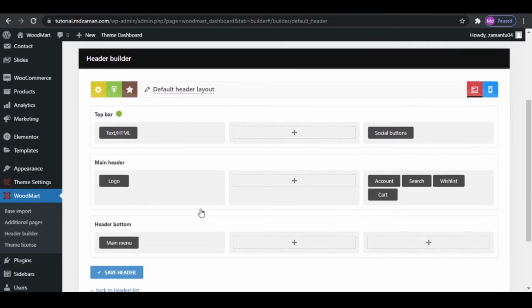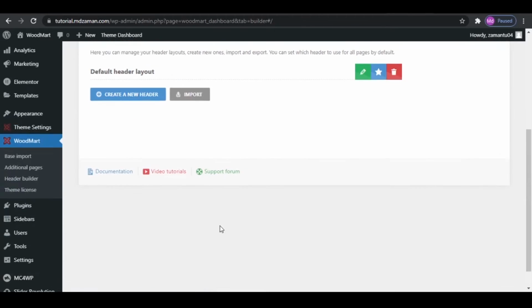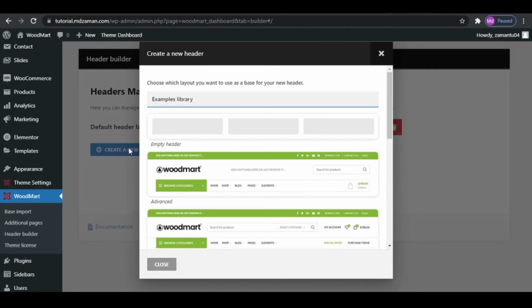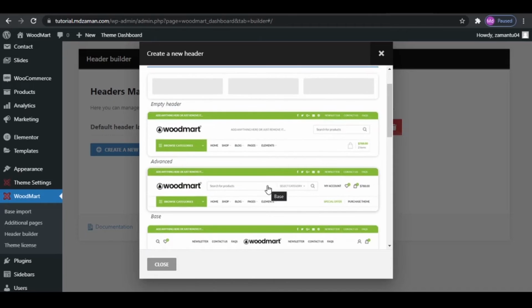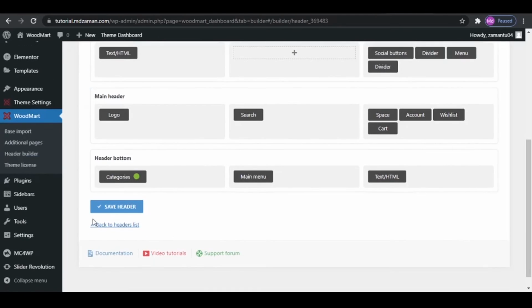Now let us come back, and we have the default header already as default, but you can also do one more thing. You can go to the header list, and if you click on create a new header, you'll have several headers over here. I do not want to waste my time, so I'll simply click on a particular header and then we'll move on. So I'm going to select this one because I like this one the most. If you want to change something from somewhere, you simply can, put your logo over here or put it anywhere you want. This is editable and this can be arranged if required. Now let us click on save header,